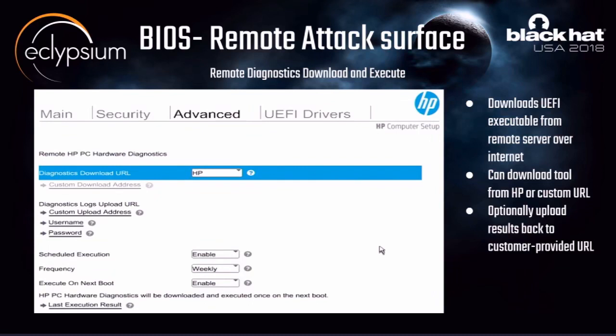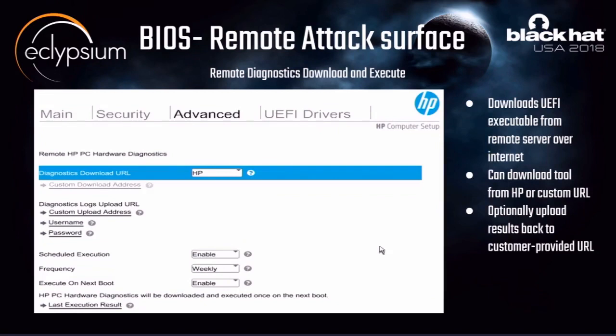In this case, it does check the signature before executing it, like the HTTP boot. It basically does a similar signature verification check and then executes this executable that you downloaded off the internet. You can either specify downloading it officially from HP's website, or you can have your own custom URL where you put this